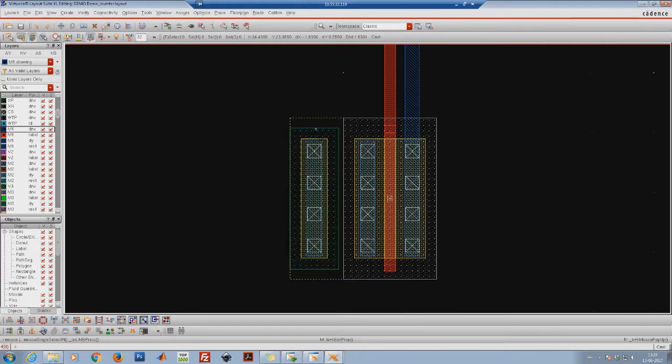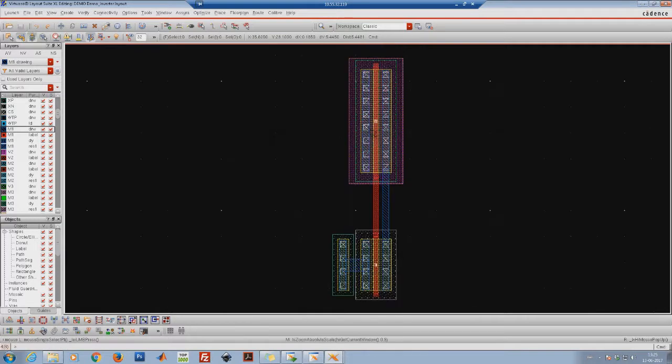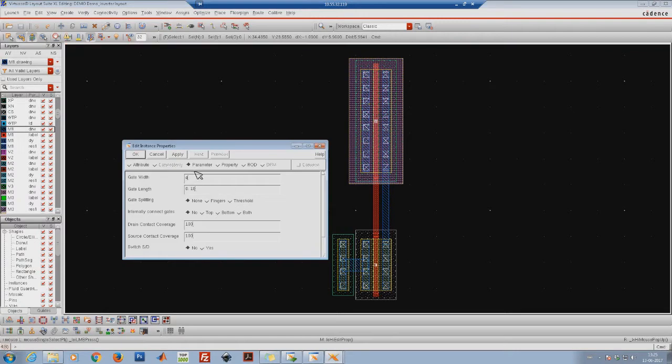So you see a tab, oh sorry, this is the P tab, which is connecting to the P substrate, has arrived here. So now again, by using the metal 1 layer, I can connect it with the source. Do the same thing, command with the rectangle by pressing R, do the connection. So press escape, save it, press F to fit to the screen, then select the PMOS and do the same thing, press Q, get the properties,